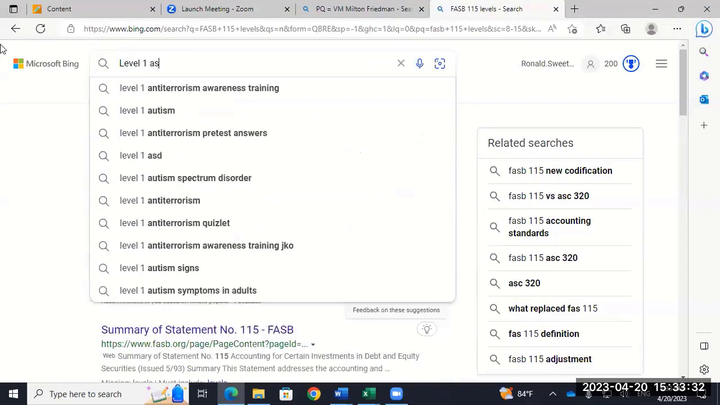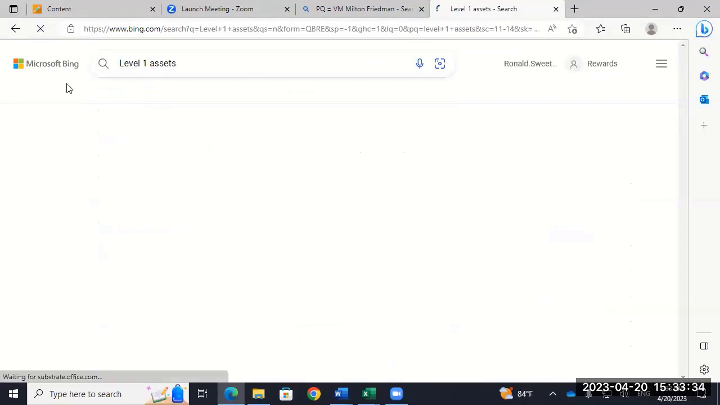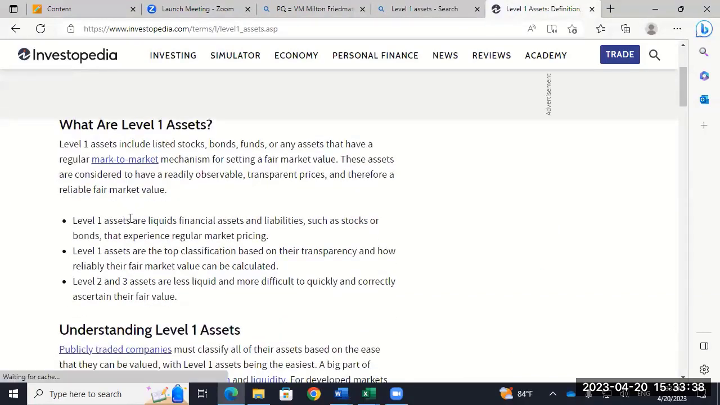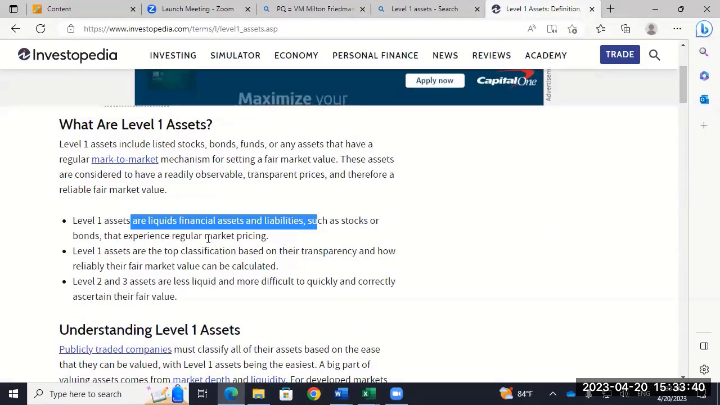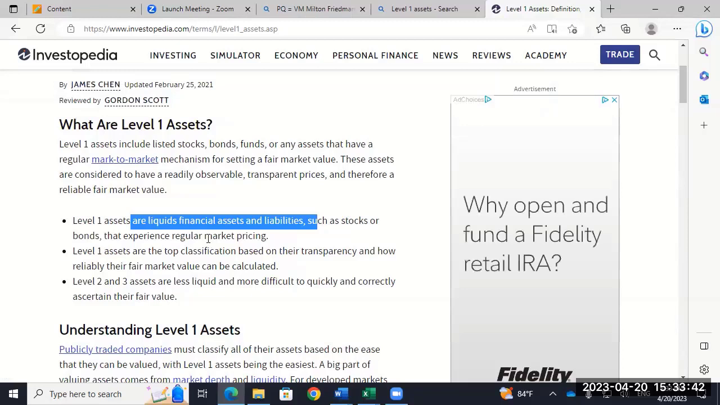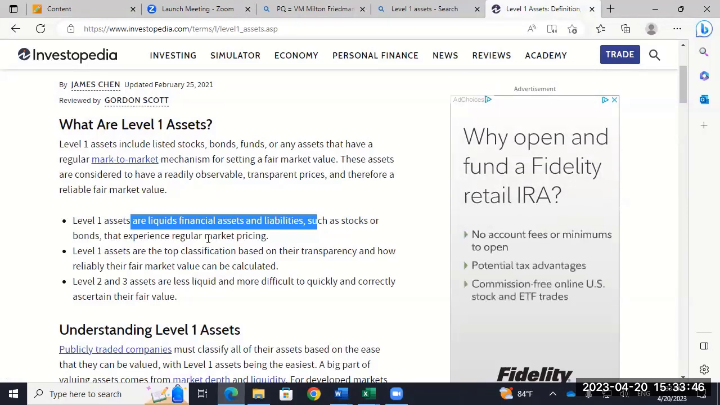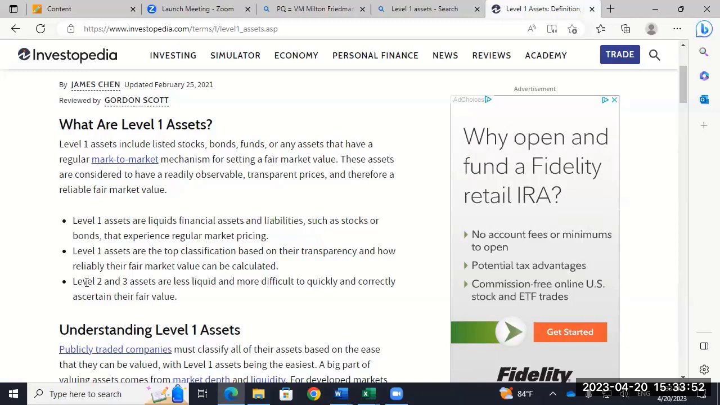Level 1 assets. So level 1 assets are liquid financial assets where you can find a market price really easily, like stocks, a lot of bonds, treasuries. FASB says put those on your books at market value. That's pretty simple. Level 2 assets